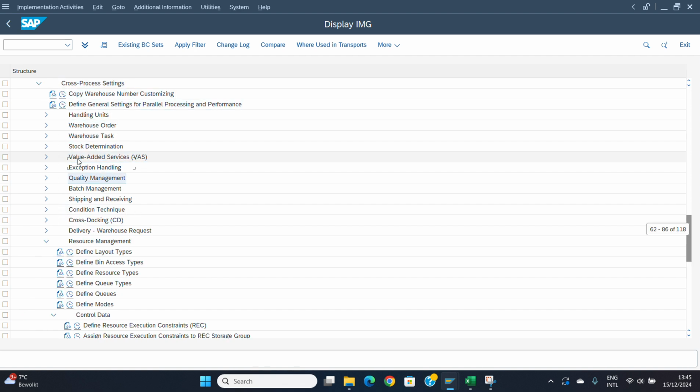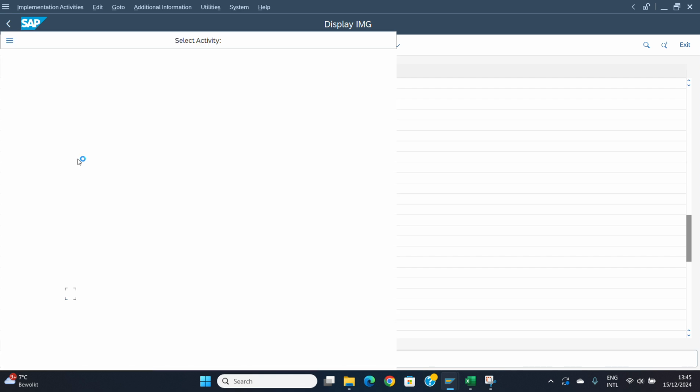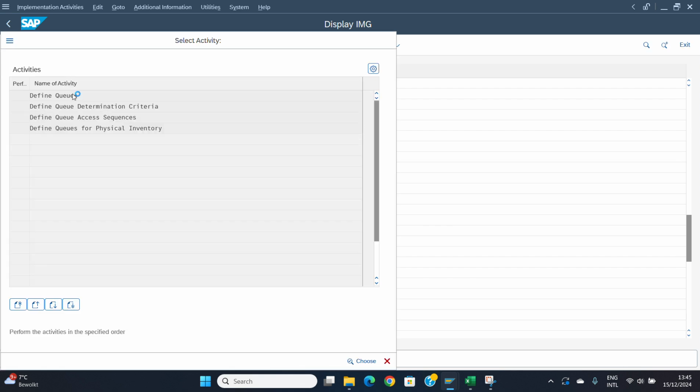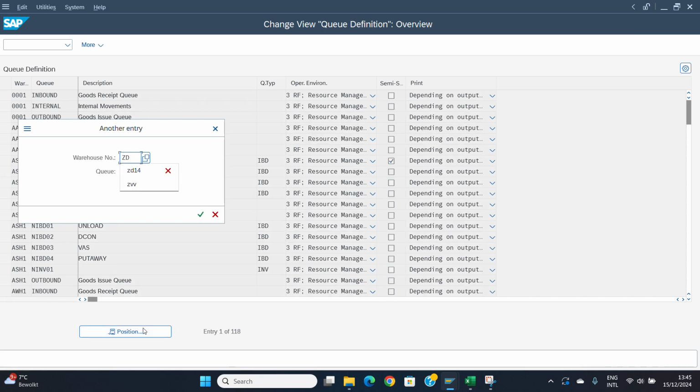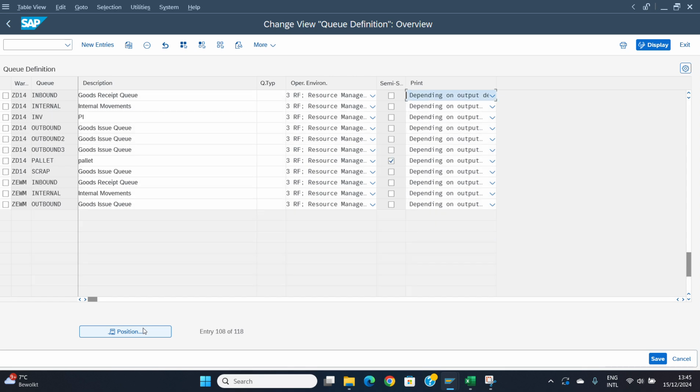Like I said, anything which is spread across multiple directions of warehouse processing, inbound and outbound, comes under the resource control cross process setting. Now what we have to do here is define the queues. In the queue we will define, and it is a logical concept, how you want to bifurcate the work on the warehouse floor. You want to bifurcate based on the activity plus